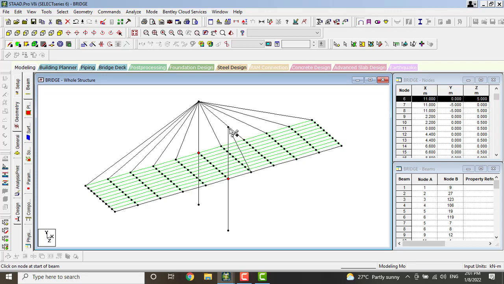For any type of structure, we have to draw first. Next, we have to design those as property, load combinations, material, etc. Every project has different types of drawings. The procedure is common, but we have to change the load combinations and loads for a structure. Yes, our structure is completed. This is a cable bridge. We have to see this view in all directions.